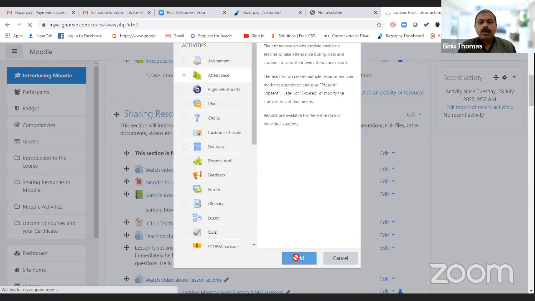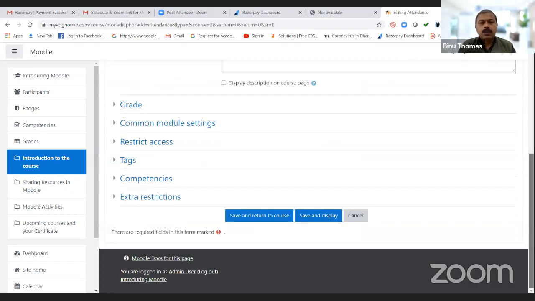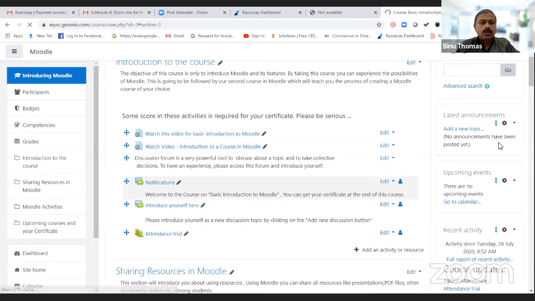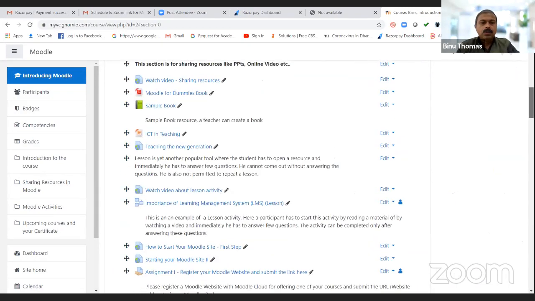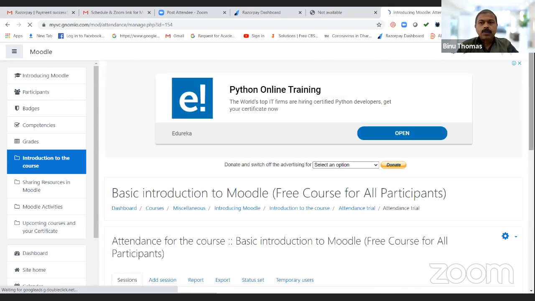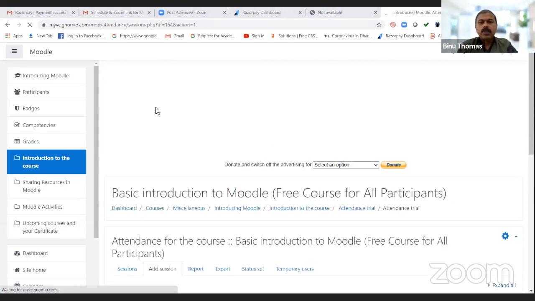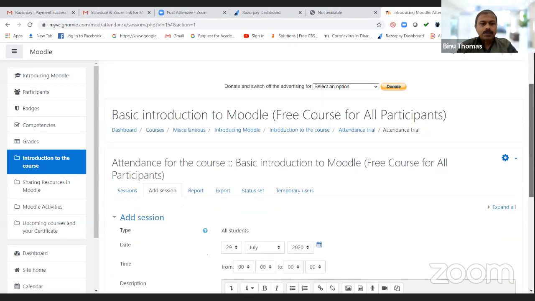So if I click add, now I have to give a name for my attendance. I just give a name, then I save and return to course. Now this attendance is added to my course. So this is only a framework for taking attendance. And after this, each time we have to create a session. So you can create a new session by adding sessions. So this way we can create